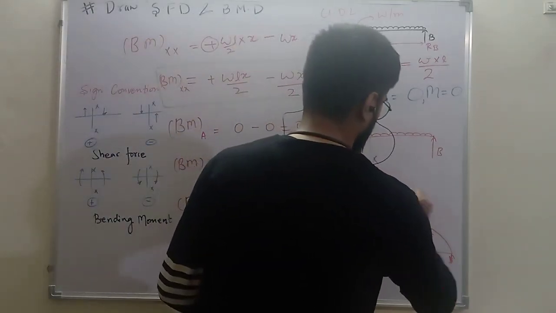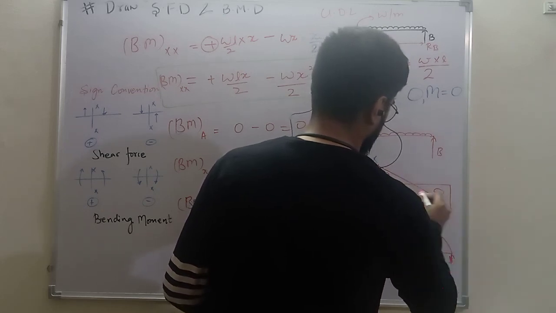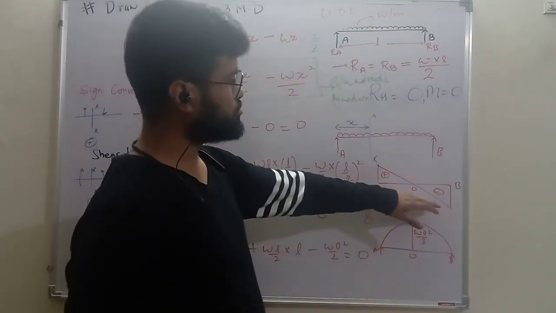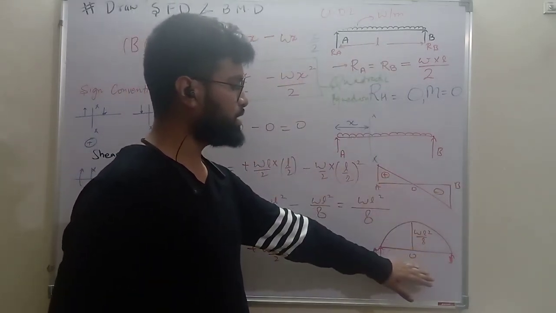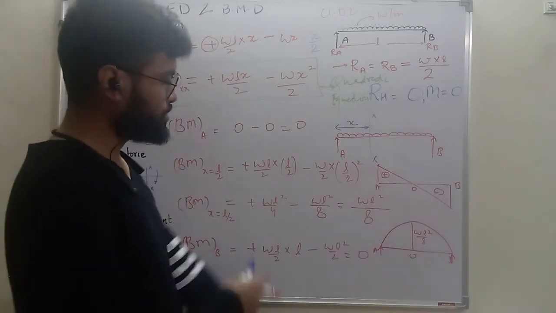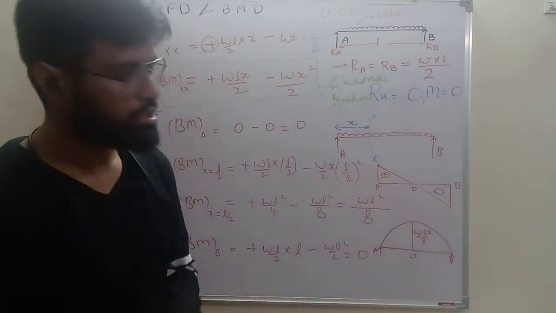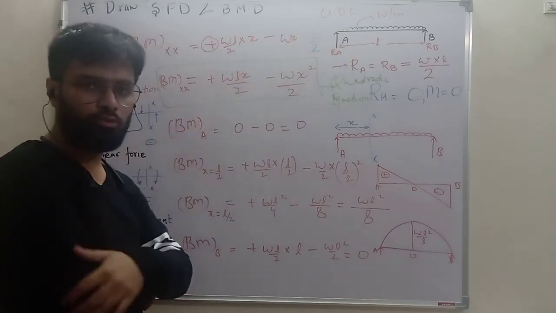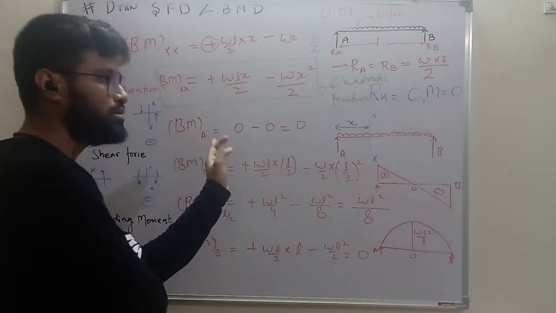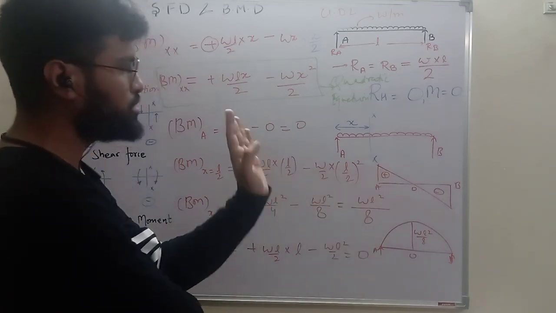And what was our shear force diagram? The shear force diagram was like this: plus here, minus here, and at the center it is 0. This is at support A and this is at support B. So this was the shear force diagram and now this is the bending moment diagram. I hope this is clear. We have drawn the shear force diagram and the bending moment diagram. We have just calculated the reactions at the support. After that, we wrote the shear force equations for any section, calculated the shear force at different locations, and then drew the shear force diagram.